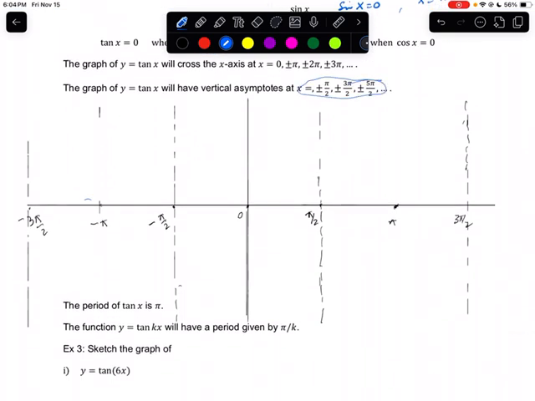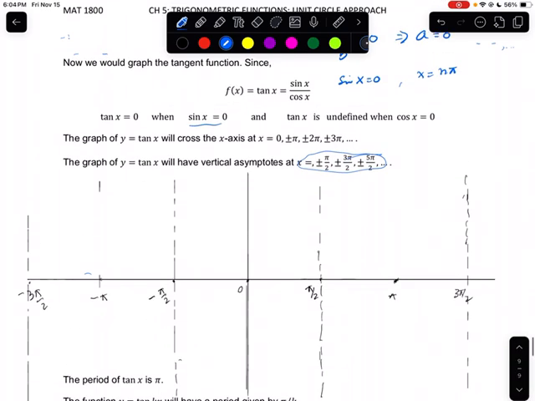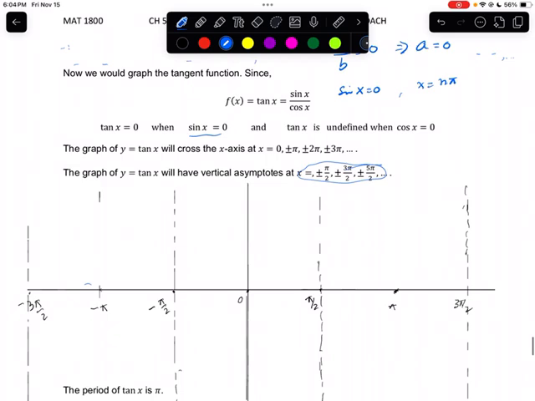So what will happen at these ones? Well, the cosine x is in the denominator, so if it is 0, it means there are asymptotes. So at all these values, we will have asymptotes. I have drawn those asymptotes here, and you have to remember that. How will the graph go? The graph looks kind of like the cubic, a little bit like this. In each piece, because it's repeating,